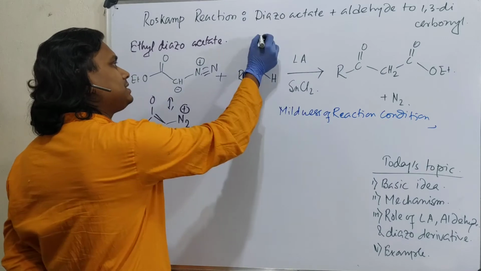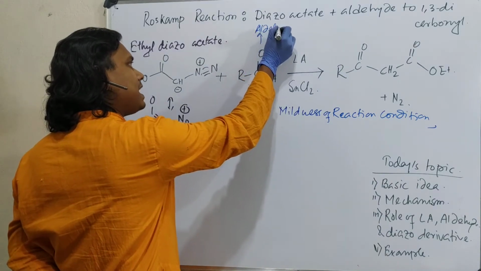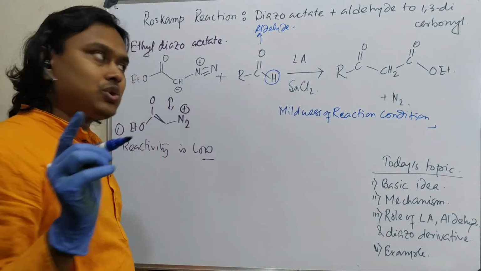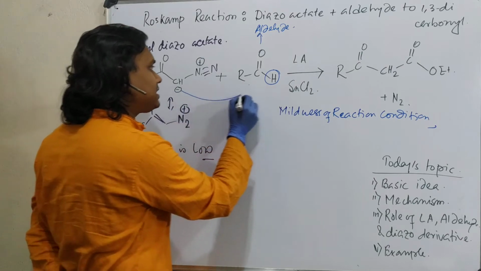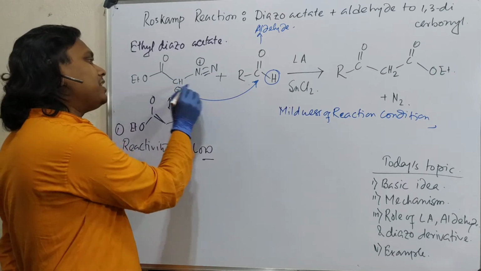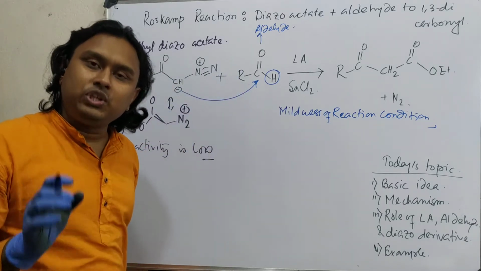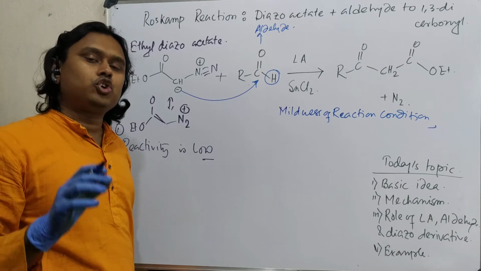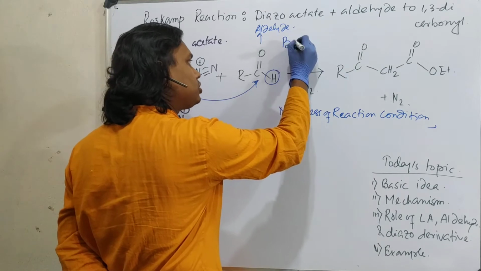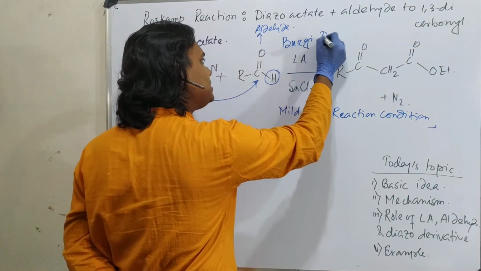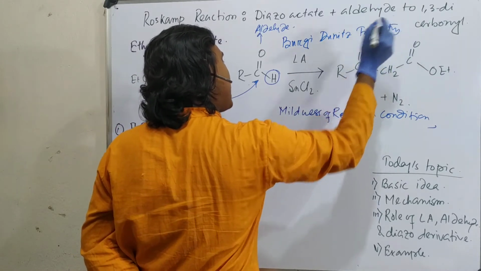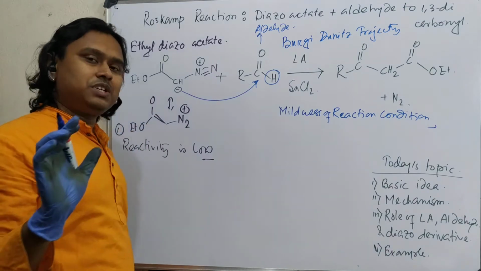First of all, see, this is an aldehyde. Remember, this is an aldehyde, so one part is hydrogen, so less bulky. Now what happens? This gets attacked. Here, nucleophilic addition to a carbonyl group is governed by one theory named the Bürgi-Dunitz trajectory. If you don't know the Bürgi-Dunitz trajectory, I have explained it in a dedicated lecture. Please visit for better understanding.